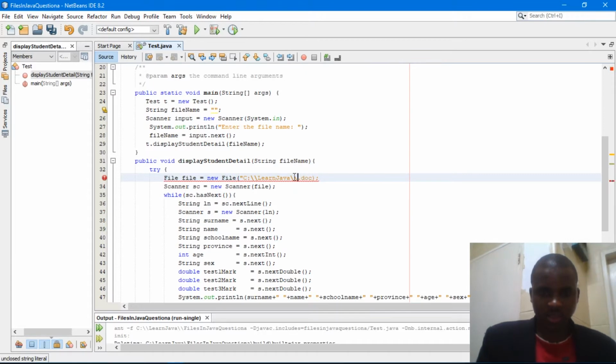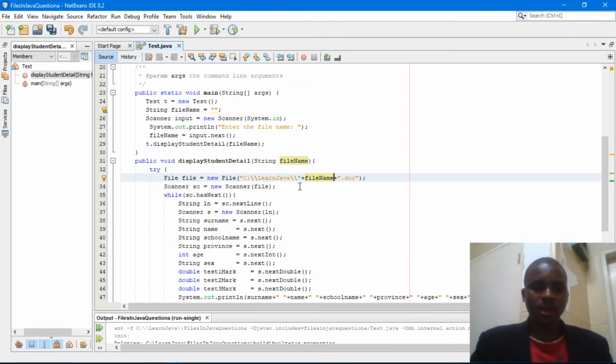In between here I also have to put the file name that you are going to type, and append it to this string, and then also append the .document extension to this file name, so that if you type in student, it will be the file path, then the name, and then concatenated with its extension. Then we will go back to where we were.